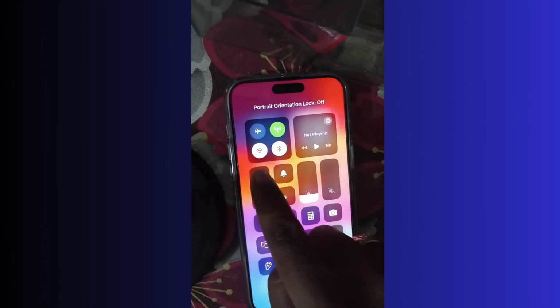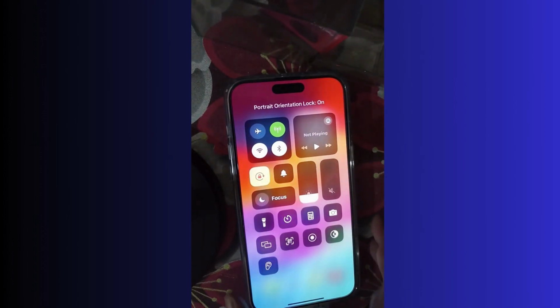Now we will customize StandBy mode. First, set landscape mode on your iPhone and turn your iPhone into landscape mode. Also, plug in your charger. StandBy mode works with any compatible iPhone that's charging and rotated to a horizontal orientation. So plug in your charger and keep it horizontally, and StandBy mode